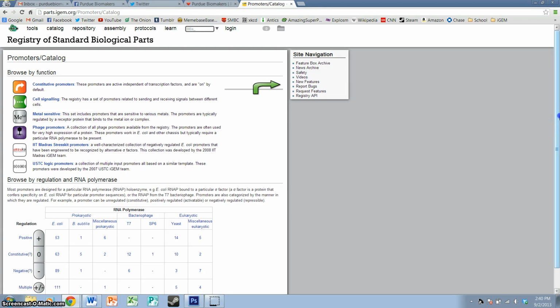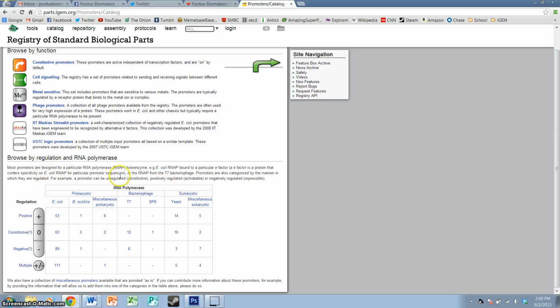So then we'll go through, there's another way, browse by regulation RNA polymerase. And this is, I think, a little bit unique to promoters. It's a little table. It's actually really easy to use. On the x-axis up here, you have the different types of chassis, so E. coli, Bacillus subtilis, miscellaneous prokaryotic, and all of those. On the y-axis here, you have the type of regulation, so positive, constitutive, negative, multiple. So easily using this table, which again I'm pretty sure is unique to promoters, or at least isn't on every